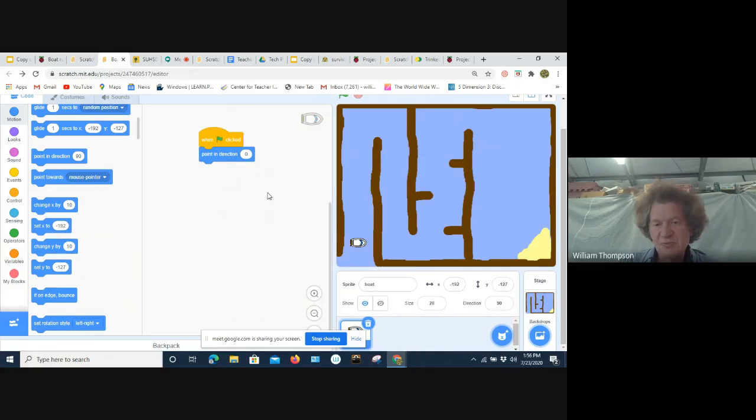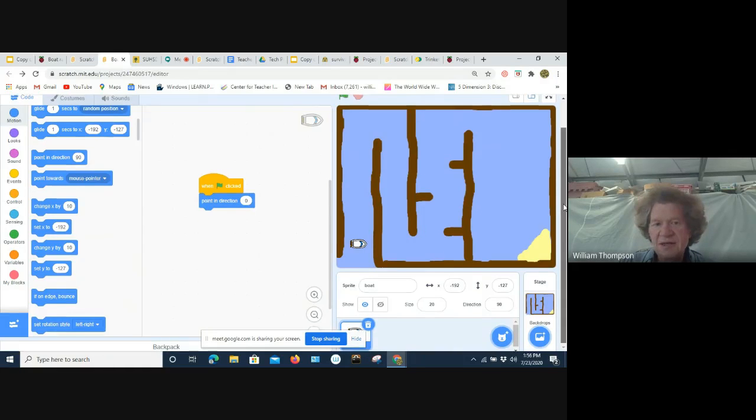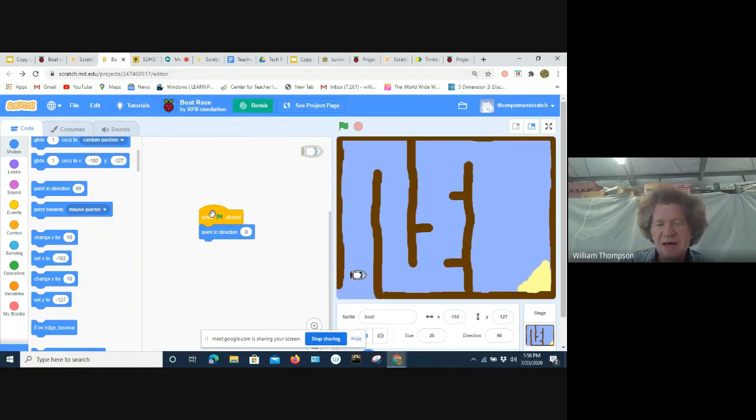Right now it's pointed to the right. If I click that top part, that runs the code. In which case, all it does right now is turn the boat and point it in direction 0, which is straight up and down. If you're running code and you want it to stop, you click this stop button, but it's not doing much so far. And then the second thing it did was I think it moved 10.